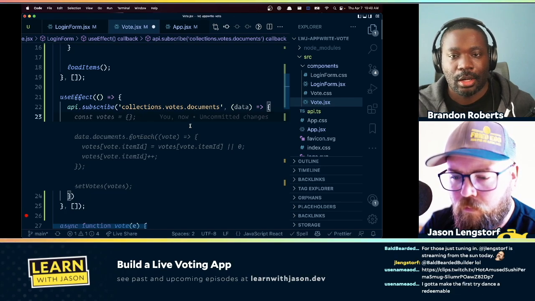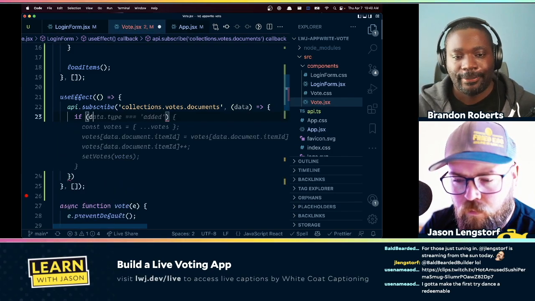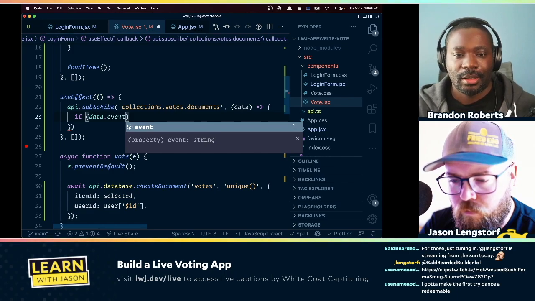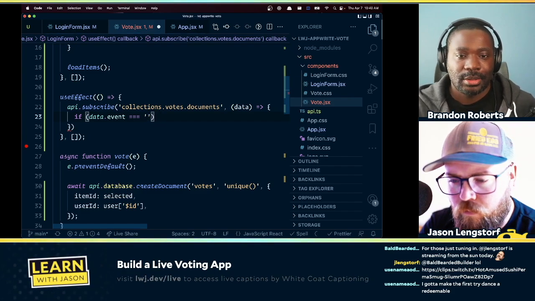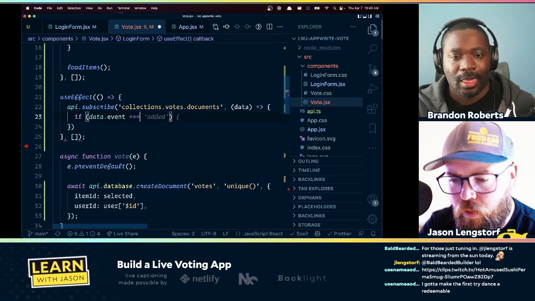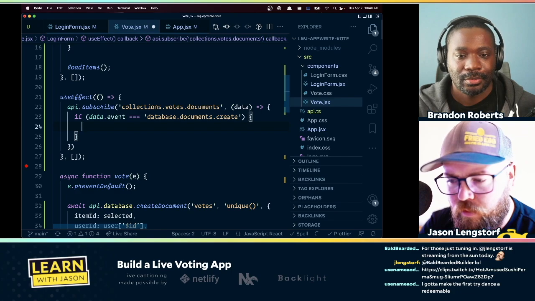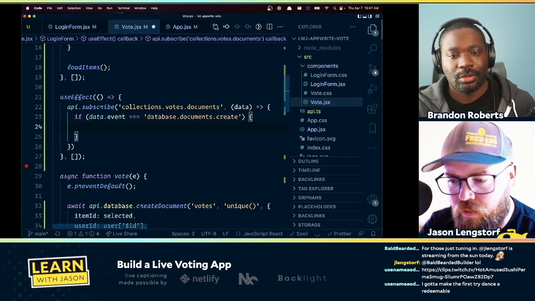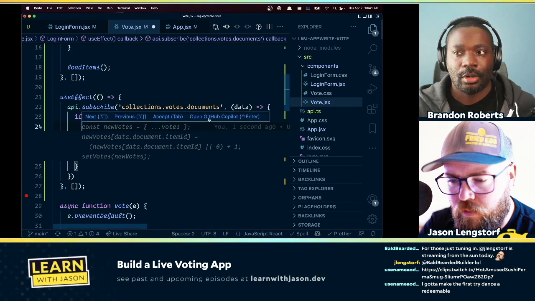So if we choose the add an if case here for a data.event, and then set that equal to database. The event will be a string. So we set it to database.documents.create there. Okay, so sorry, database.documents.create. Yes, and that'll just be the signal whenever